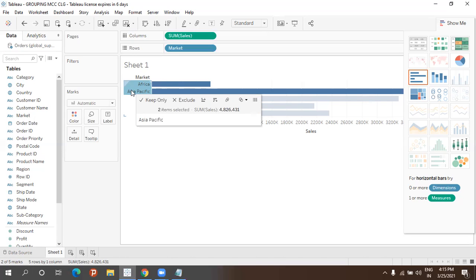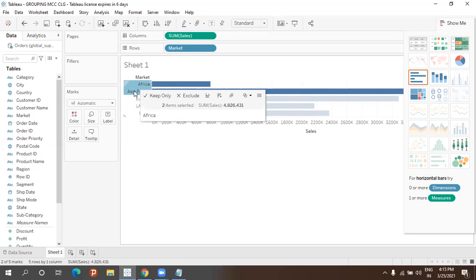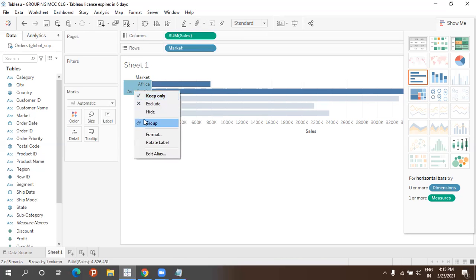Another two things: I think you know ascending and descending order sorting. Next, can you see a small pin symbol? That is actually called grouping here. You can click here and group it, or you can click here and group it, or you can right click and group.